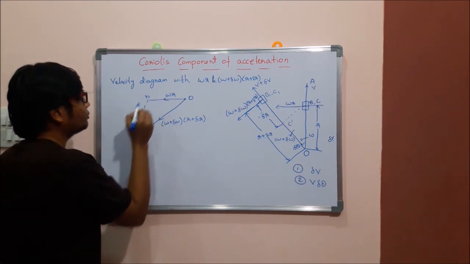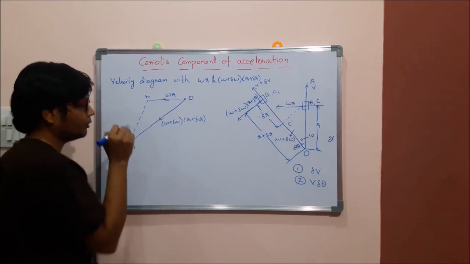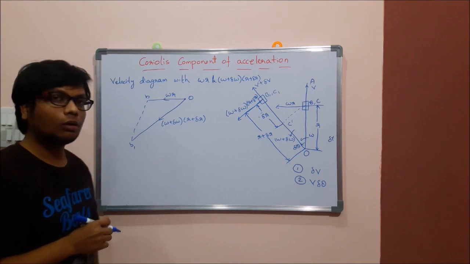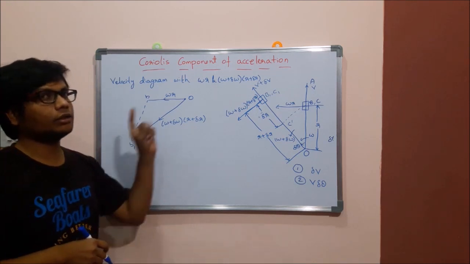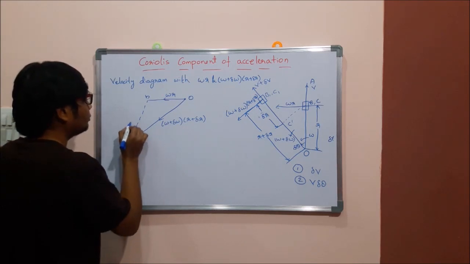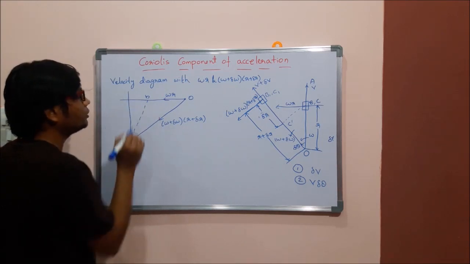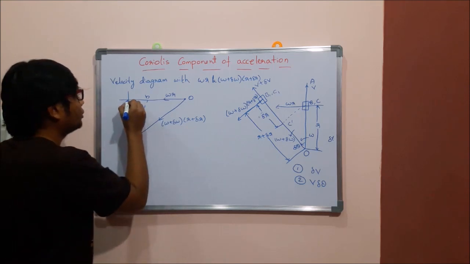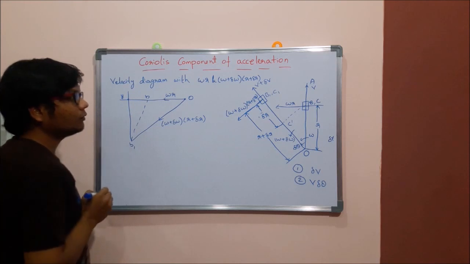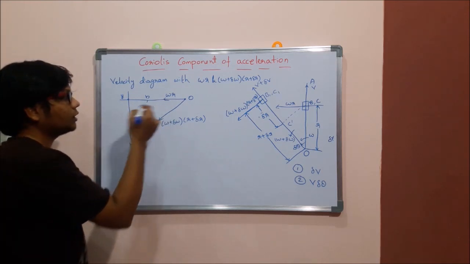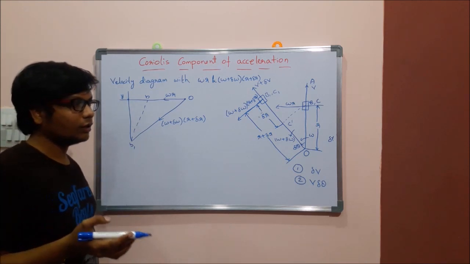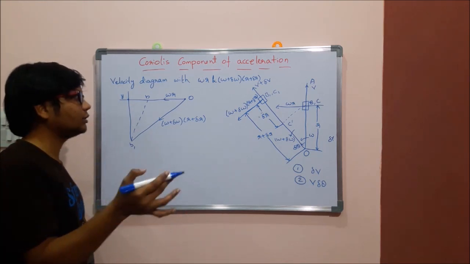So again assume this is ob and this is ob1. So this bb1 is the change in velocity. In change in velocity we have to know two components to know the tangential component of acceleration. How will you get the two components? Resolve this bb1 into two components, in the vertical line and the horizontal line. This intersecting point, assume here y. So this by will give you the tangential component, and this b1y will give you the radial component of change in velocity here, not velocity, change in velocity.